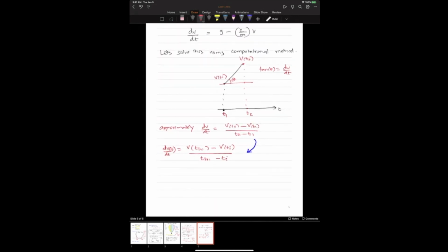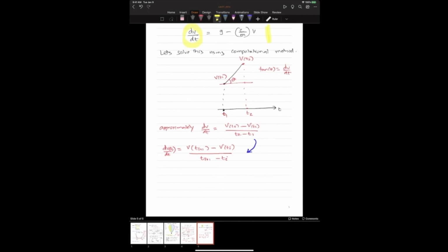Okay, so now I used to have a physics-based differential equation, but now I have an approximation for that. So for this, I'm going to substitute v ti plus 1 minus v ti over ti plus 1